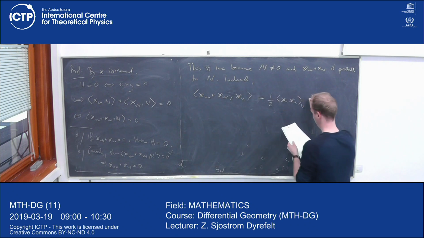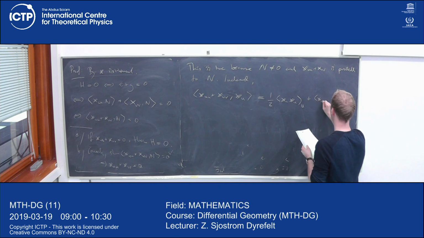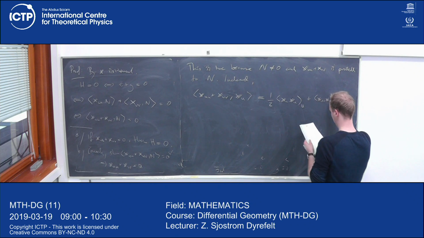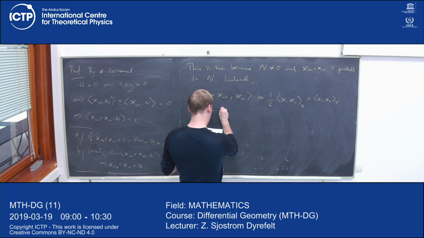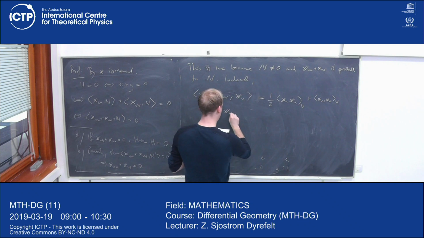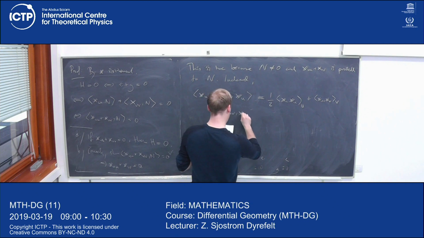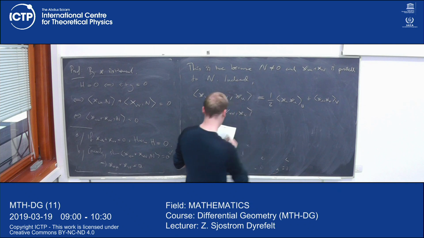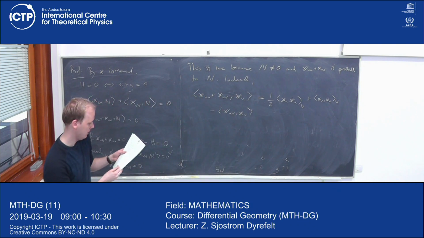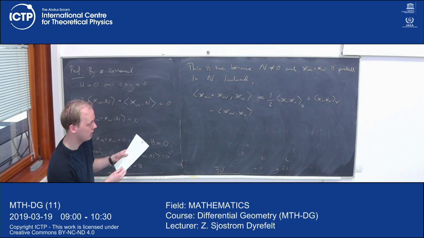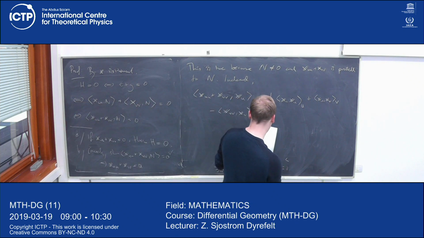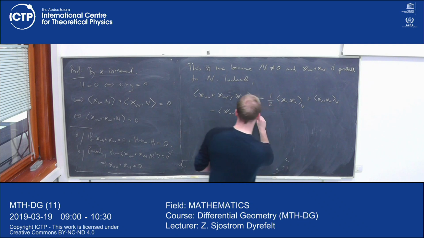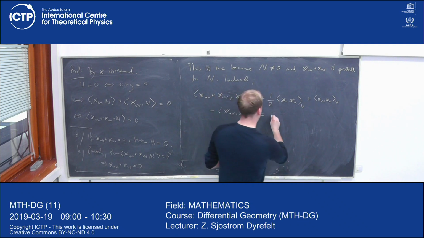So it's equal to this plus x_u, x_v, v, and then minus x_uv, x_v. Okay, this is true. And this is equal to 1/2